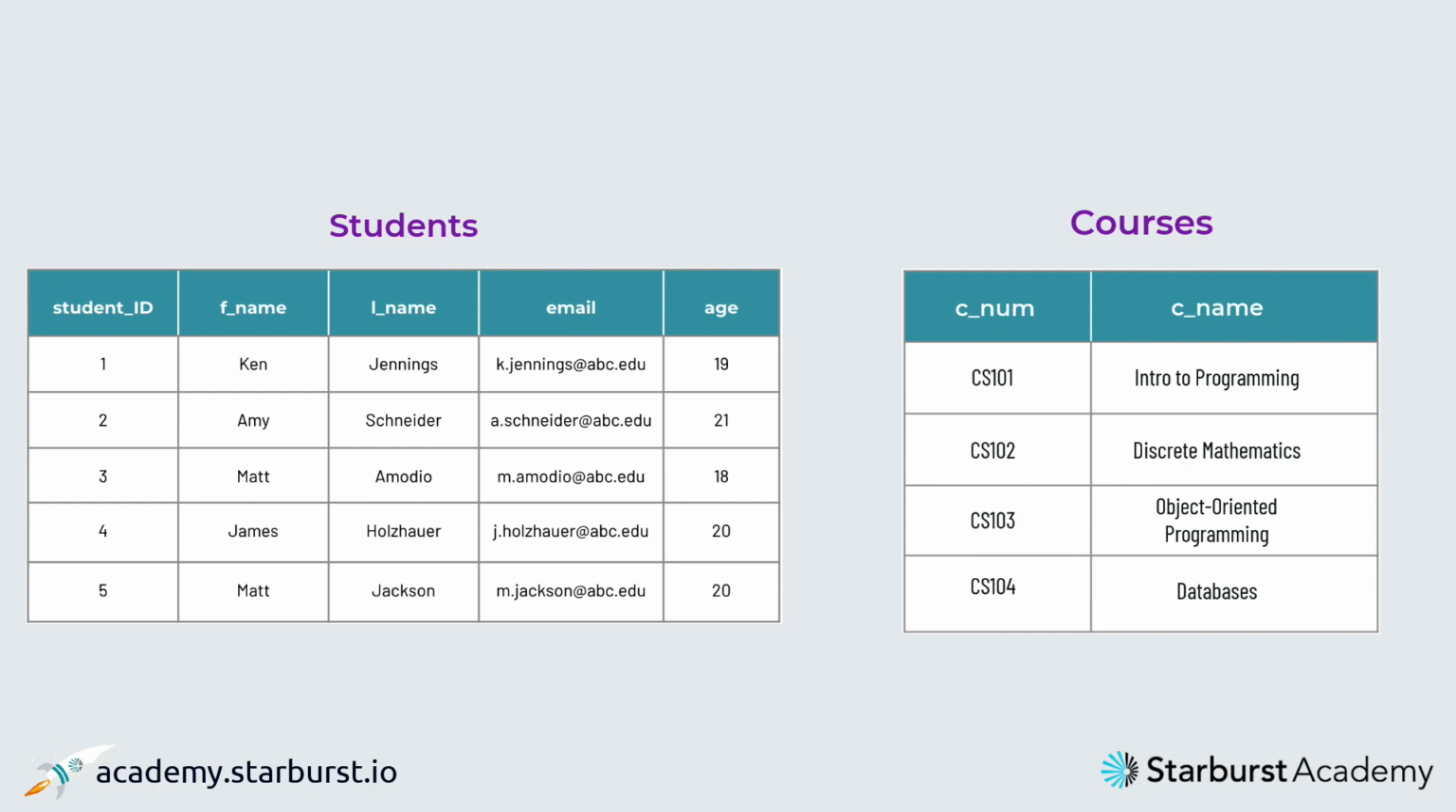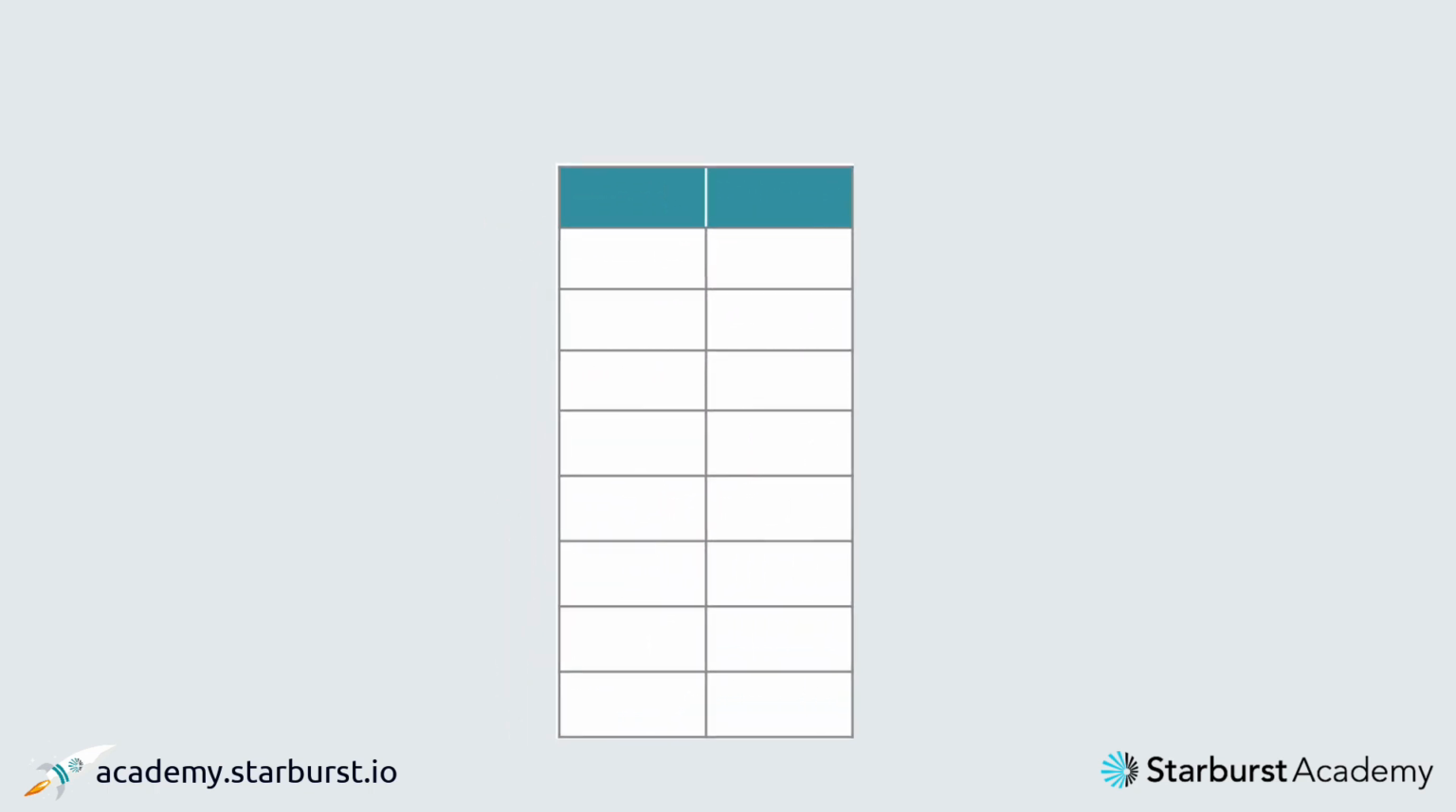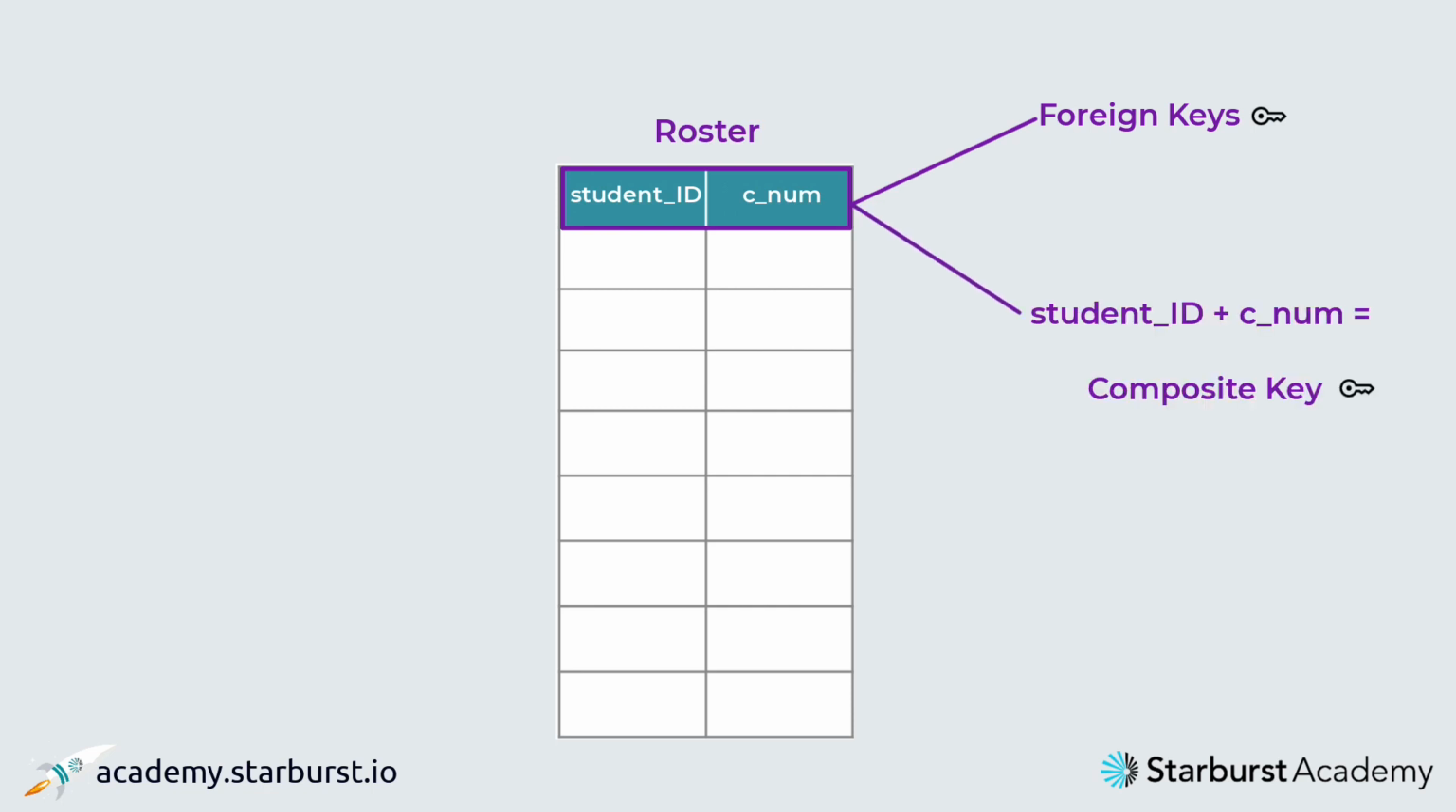To solve this problem, we need to create another table. This table's entire purpose will be to serve as a bridge between the students and courses tables. We'll call this table roster and give it two columns, student ID and course number. Since neither student ID nor course number can uniquely identify a row in this table, neither of those columns alone qualify as a primary key. They are what we call foreign keys, or keys that provide a link between tables. However, when you combine them together, they form what we call a composite key,